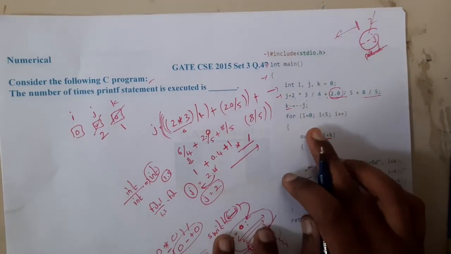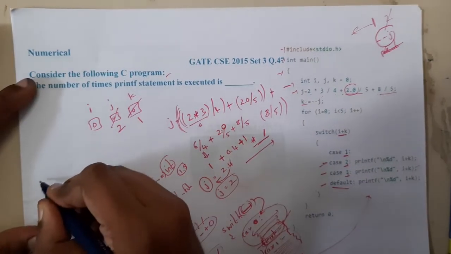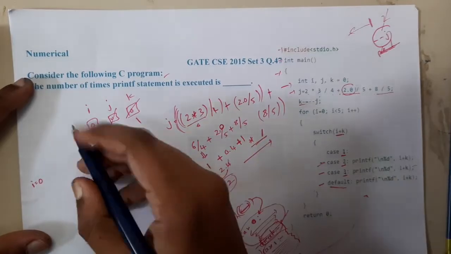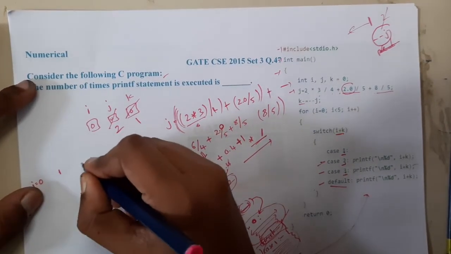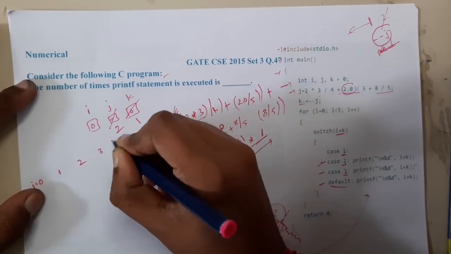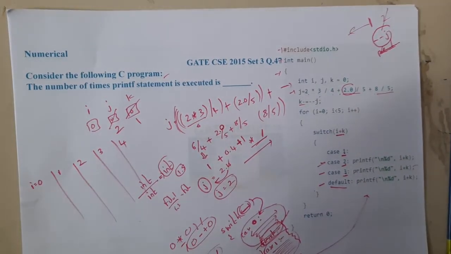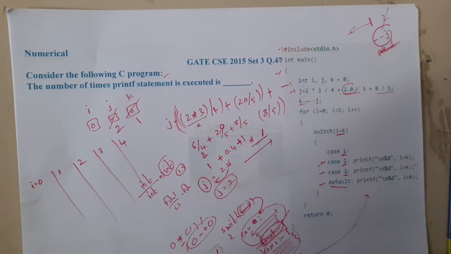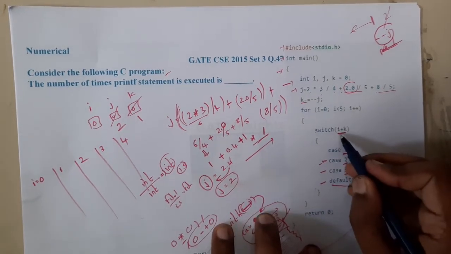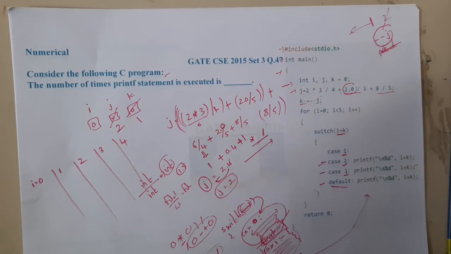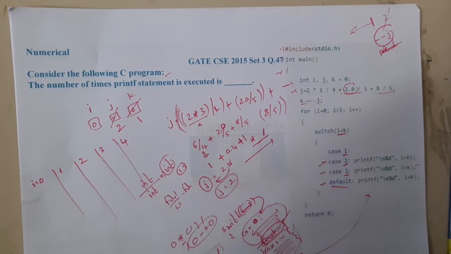So now what we have is a for loop which started at i equal to 0 to i less than 5. So it will run for 0, 1, 2, 3 and 4, right? Yes. If you think that is correct, you are absolutely correct, guys. So inside the switch case, what we are doing is i plus k. So what is the value of k, guys? The value of k is a positive 1, right? Yes.